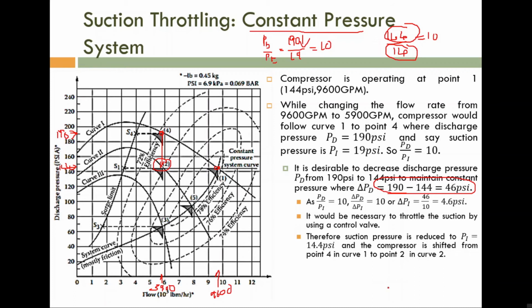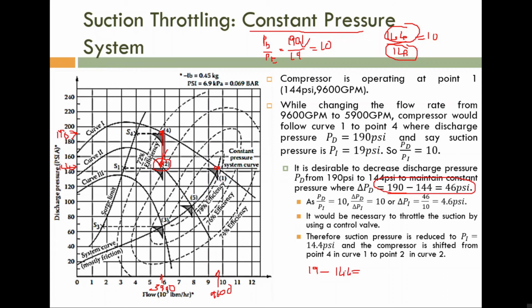So you can see that corresponding to this point, the suction pressure is 19. Corresponding to this point, again the suction pressure is 19, because on this curve the suction pressure is not changed. Now in order to decrease the discharge pressure from 190 to 144, what are we doing? We are decreasing the suction pressure to 14. So how much pressure did we remove from the inlet side? This is actually 14.4, because